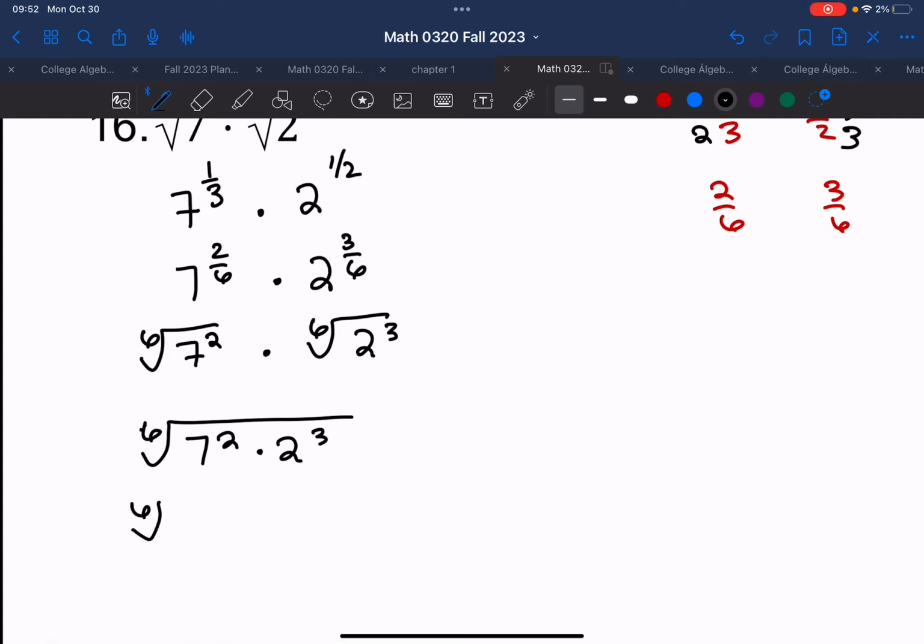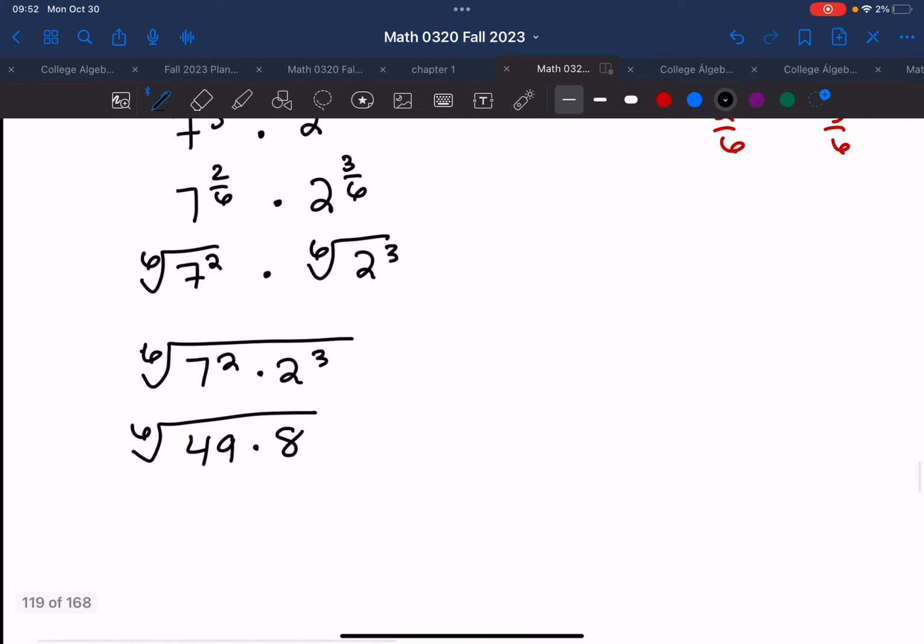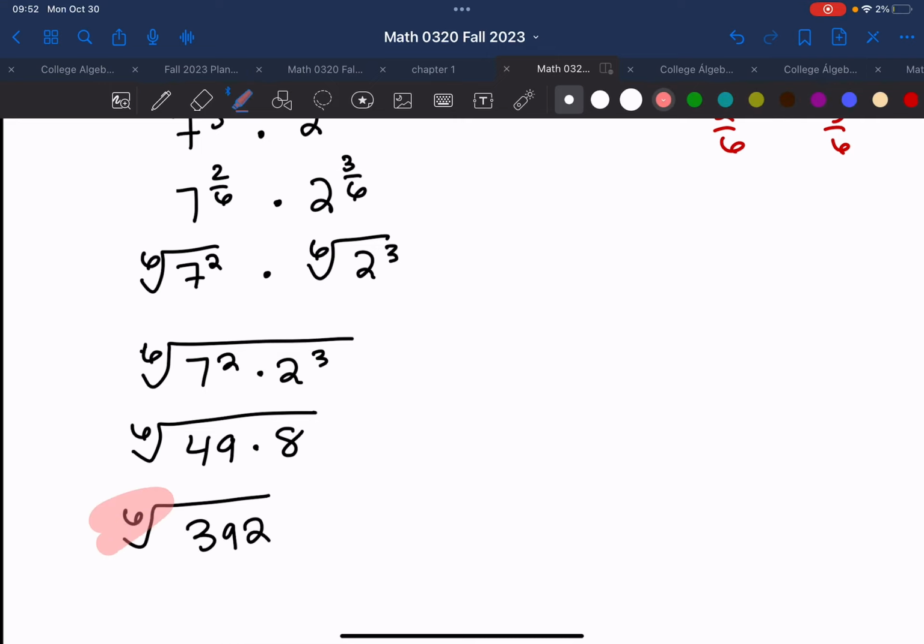What's 7 squared? 49. What's 2 cubed? 8. Now we simplify this further. What's 49 times 8? 392. So that means this is our answer